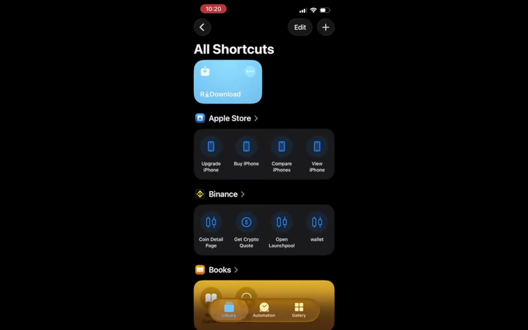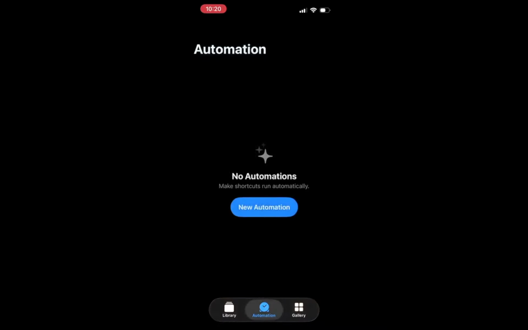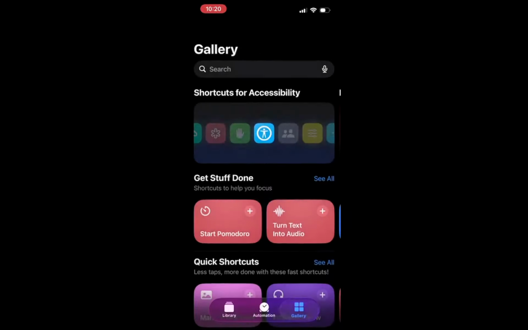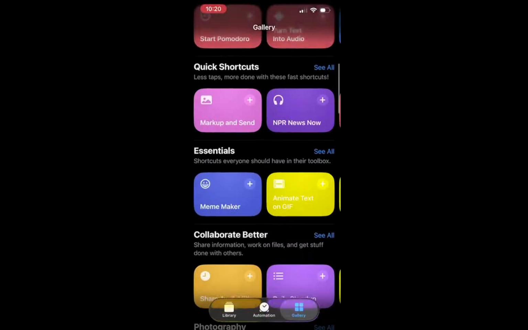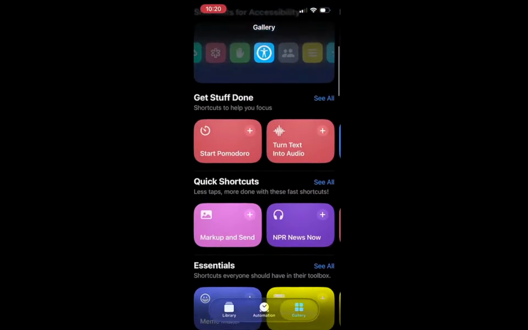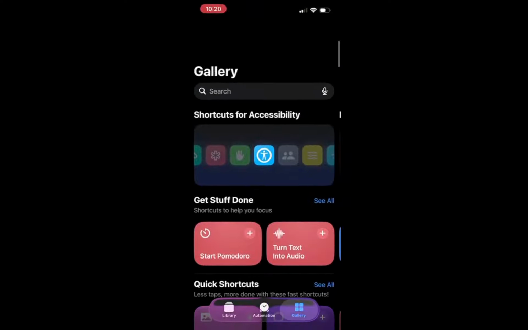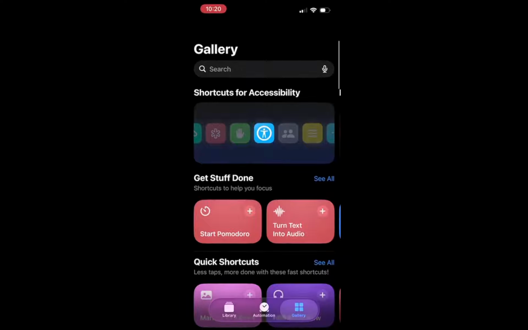Finally, open the Shortcuts app to verify that rDownload has been added. Look for the app icon on your home screen, which resembles a colorful set of interlocking circles. Once inside the app, navigate through your list of shortcuts. You should see rDownload listed among your shortcuts. This completion step is important because it confirms that everything has been set up correctly and that you are ready